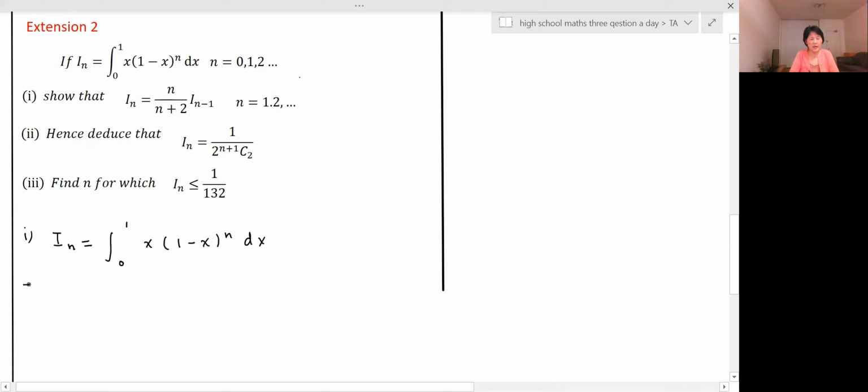Okay, so I_n then equals, using integration by parts, I'll make u equal to (1 - x)^n. Then u' will be equal to n(1 - x)^(n-1) times the derivative of the inside, which is -1, so this is u'. Okay, this is v, which will be equal to